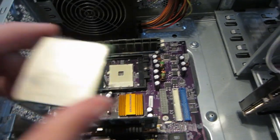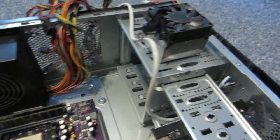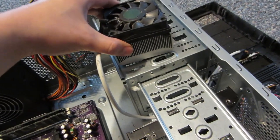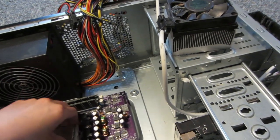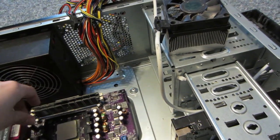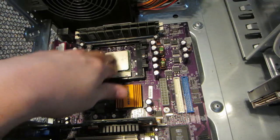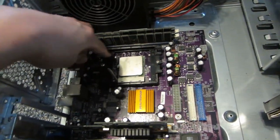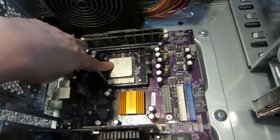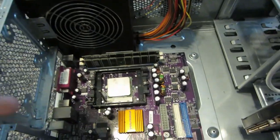If you do take off the heatsink, that's what this is. This is your heatsink that sits over the CPU. If you take this off in your computer, you're going to want to make sure you have some new thermal paste ready to apply. Before you put it back in there, you need to clean off the old thermal paste. You'll see on the back of this where the old thermal paste was. You need to clean that off and apply new